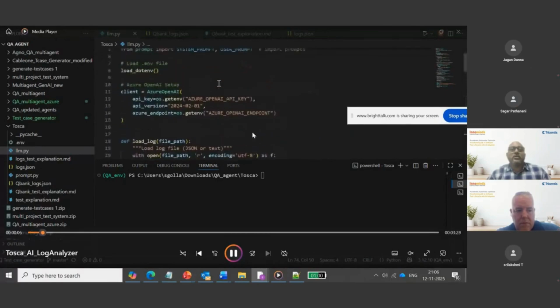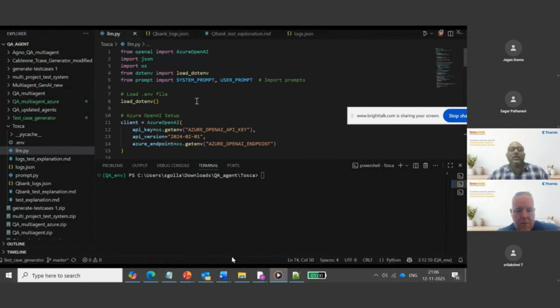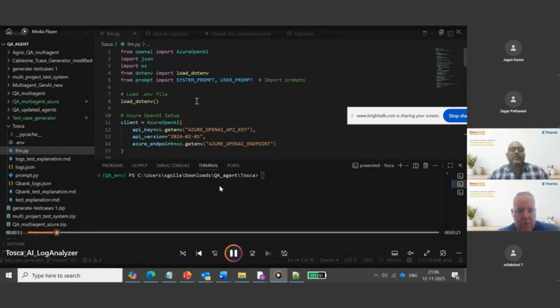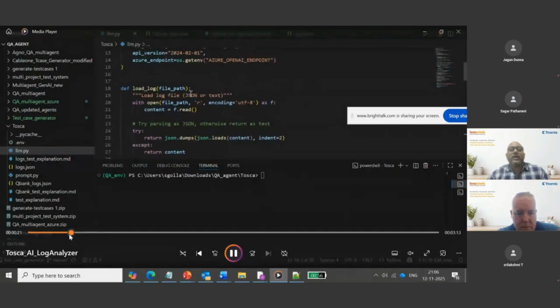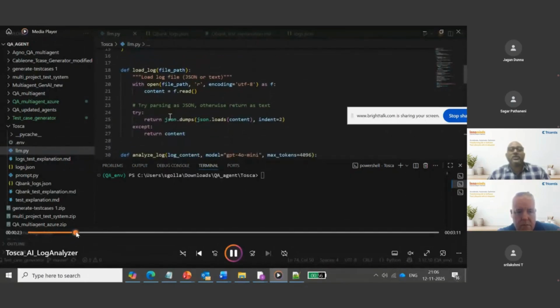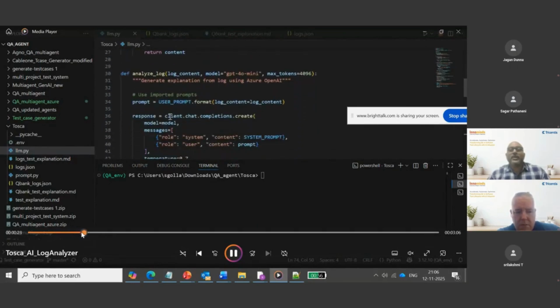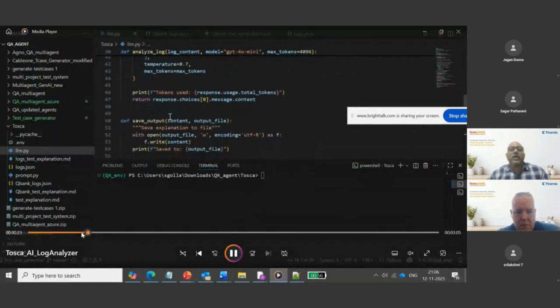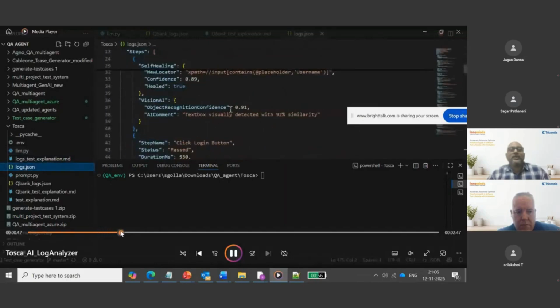this is the sample code that we have written, and then we connect to the Azure Open API and we provide the keys. Once this is done, we write an intelligent prompt, and then we parse in the logs, polish them, then analyze the logs, essentially saying, hey, take these logs, analyze them and then provide me what exactly had happened.